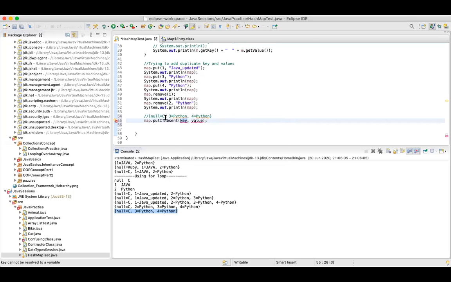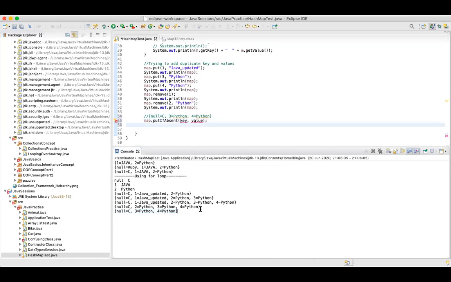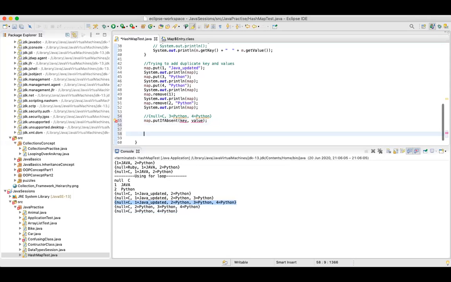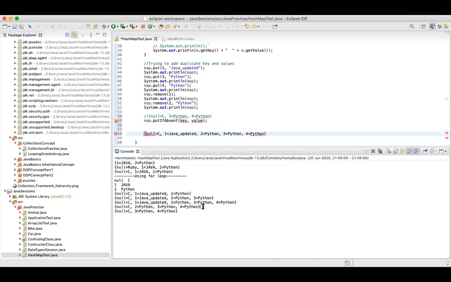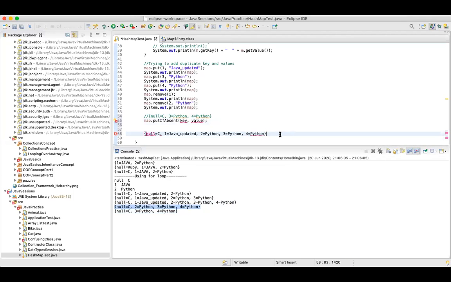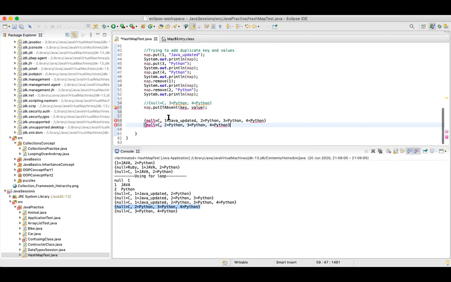So is there a value present? Okay, guys, one more thing I just wanted to elaborate on. After removing 1 Java updated, it did not update the indexes and all those things, right?